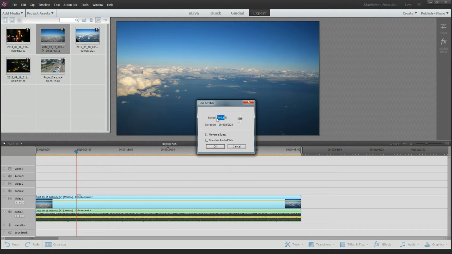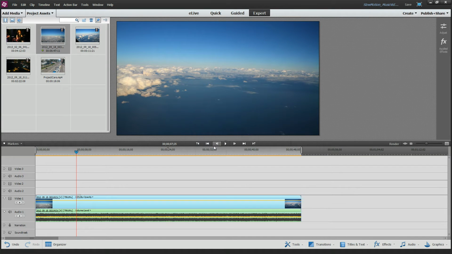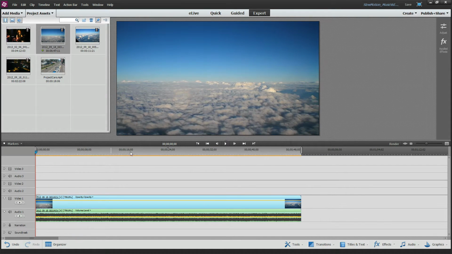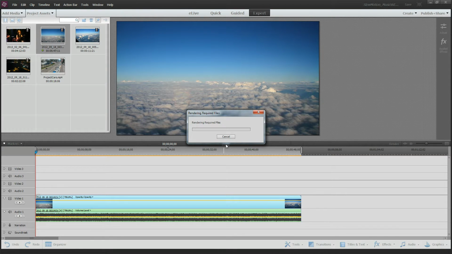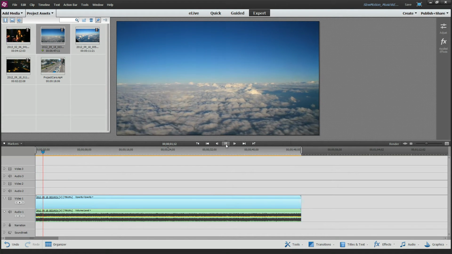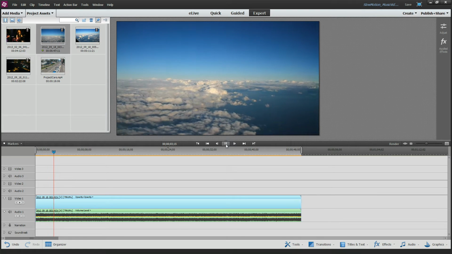So we'll go back to our time stretch, and I will change the maintain audio pitch checkbox, and I'll just simply check it. And when we play it, it's going to try to change that pitch to keep it exactly what it was. And it just takes a second for it to figure all that out, and when it gets grinding away, you'll hear that it will change that pitch. I'm going to pause the video here and let it do its thing, and I'll start it up in just a second. Maybe not. Now let me turn the volume up here.